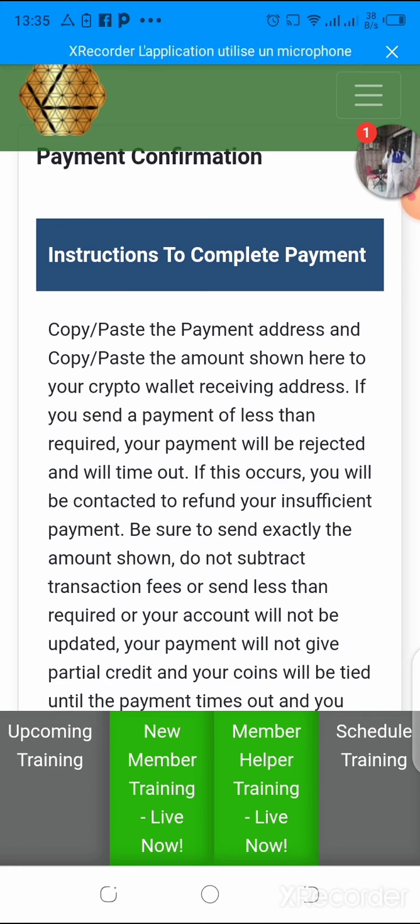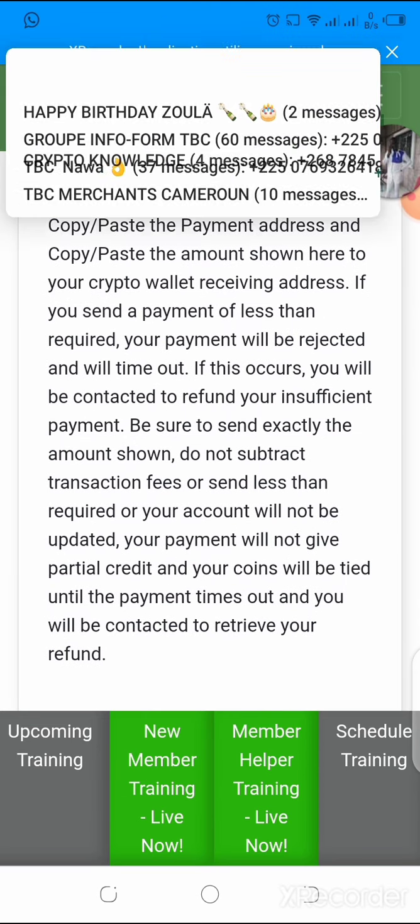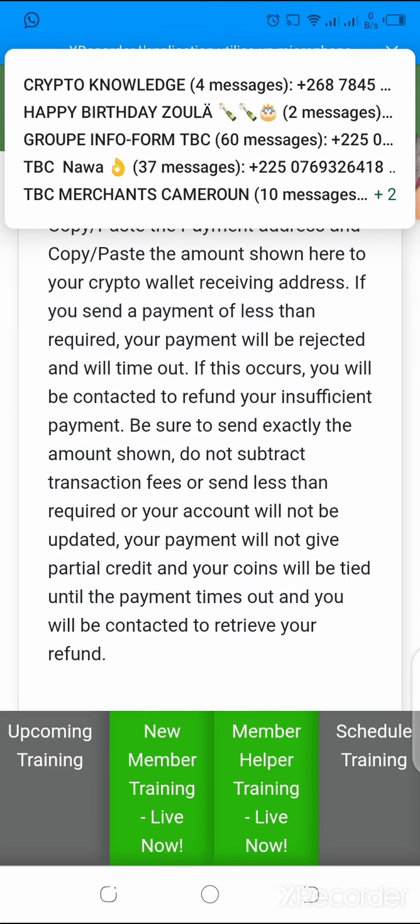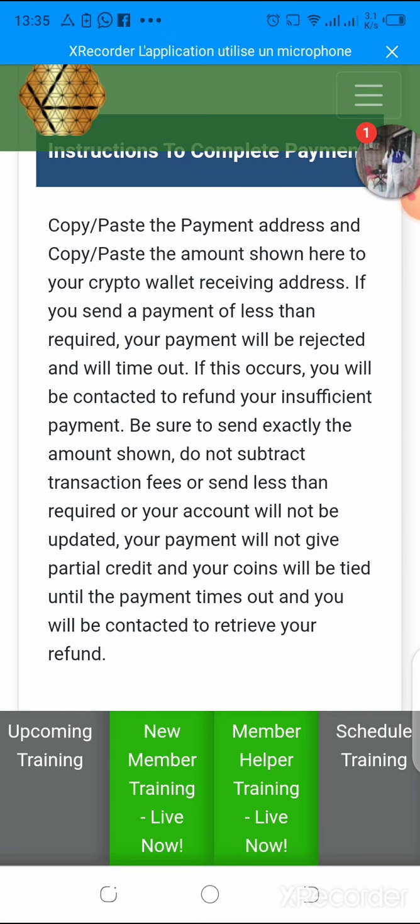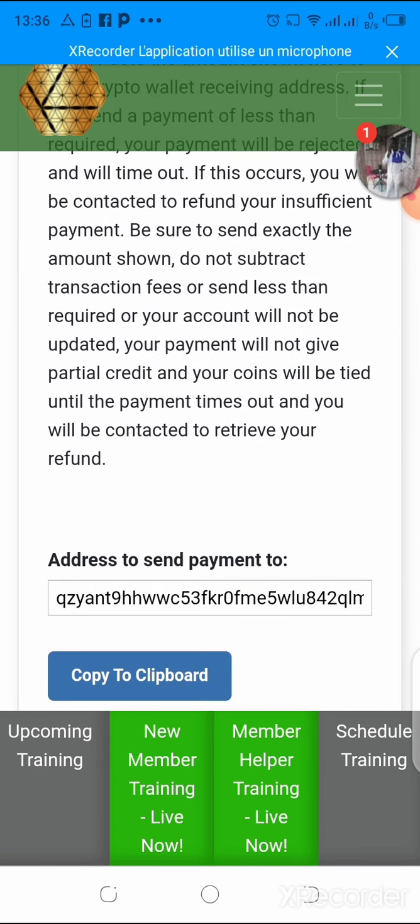Be sure to send exactly the payment shown. Do not subtract the transaction fee or send less than required, or your account will not be updated. Your payment will not give partial credit, and your coins will be tied until the payment times out, and you will be contacted to retrieve your funds. So guys, respect what is instructed there.